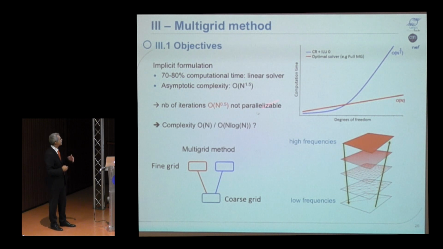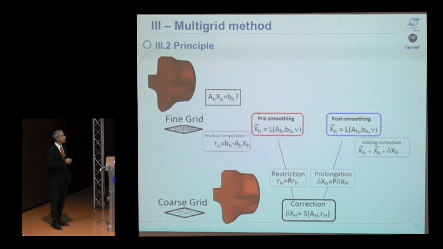So our aim, on the one hand, is to reduce the complexity of this solver and hopefully also to decrease the computational cost. So the idea is to use a multi-grid method. Using different grids makes it possible to more efficiently compute low frequencies of the solution. In order to construct multi-grid, we face the same kind of approach where we have different meshes on the same domain, a fine grid and a coarse grid,